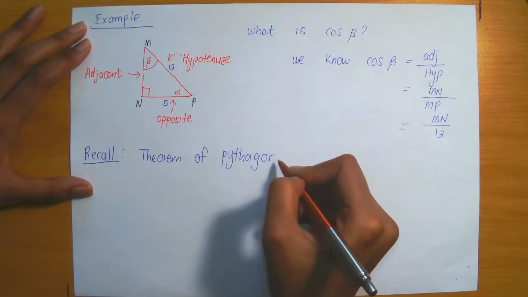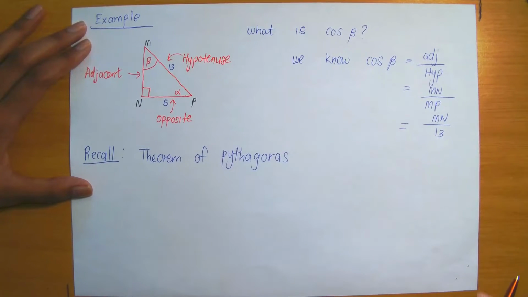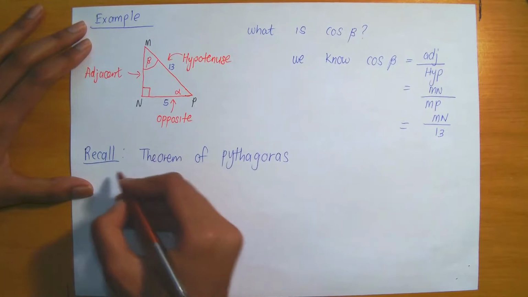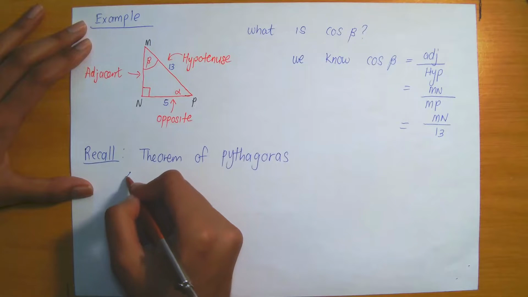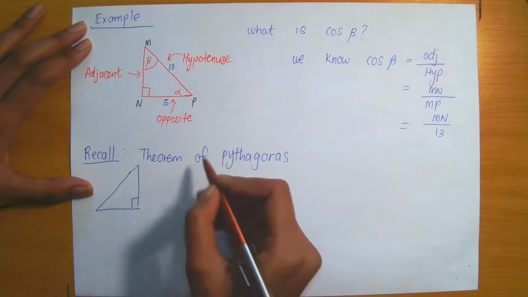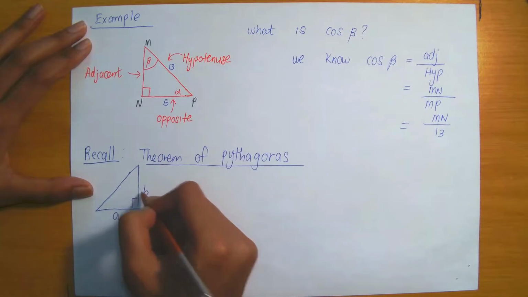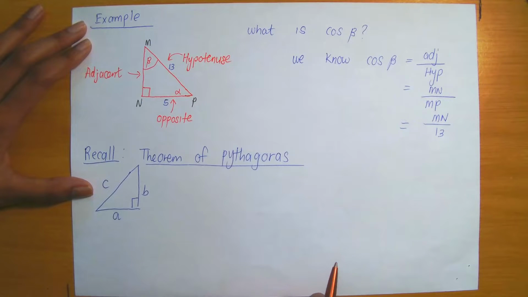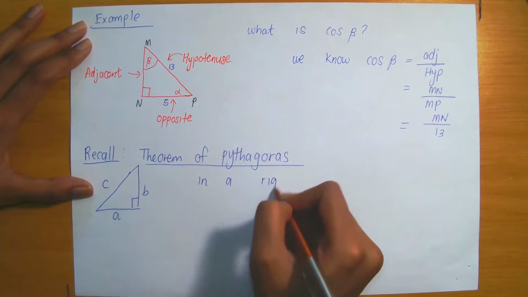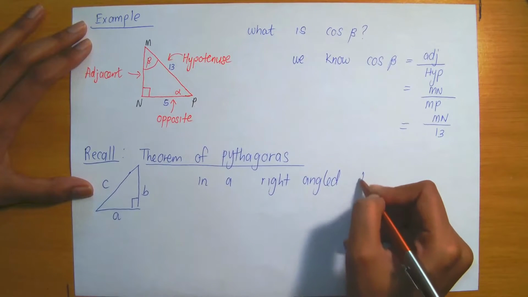It tells you that the square of the hypotenuse is equal to the sum of the squares of the other two sides. Right, so given a triangle, let's just say I gave you the following right angle triangle. So remember, this is true for right angle triangles. So if I label the sides A, B, C, then the theorem of Pythagoras tells you in a right angled triangle,